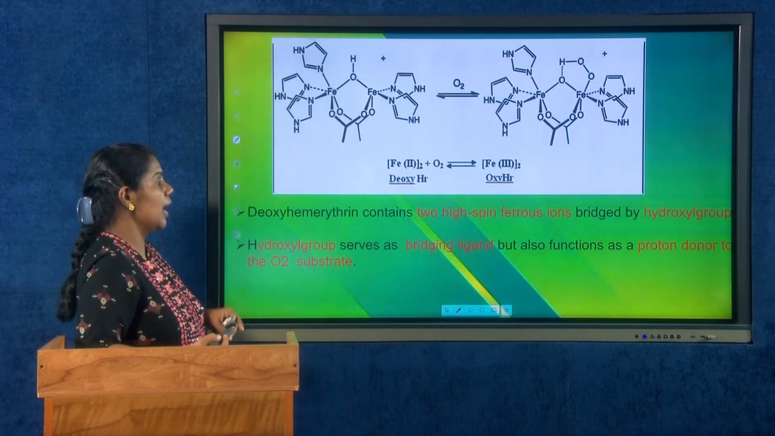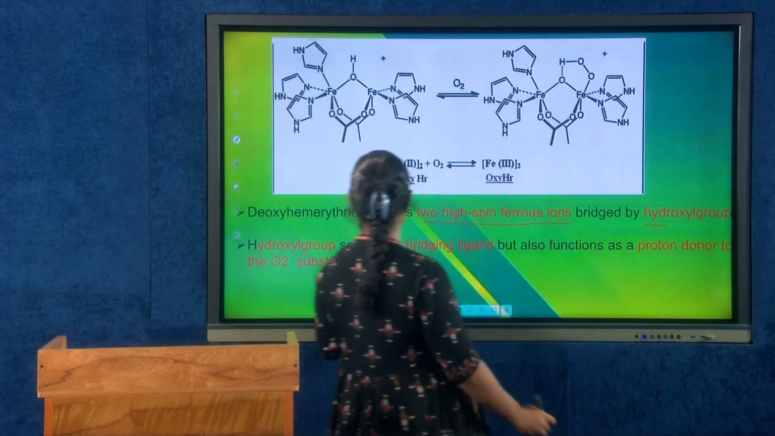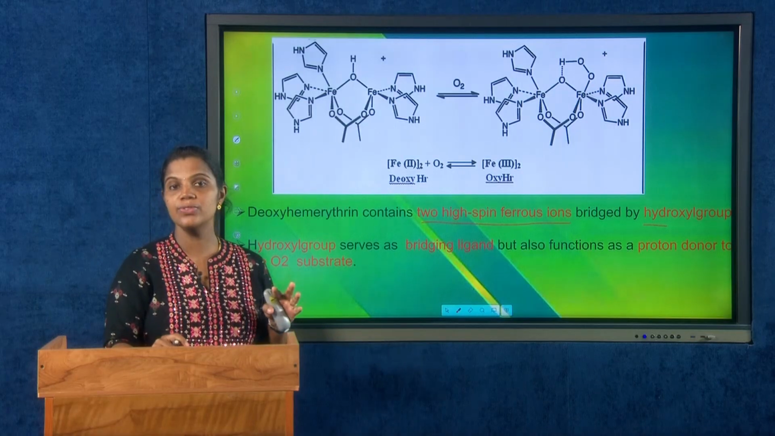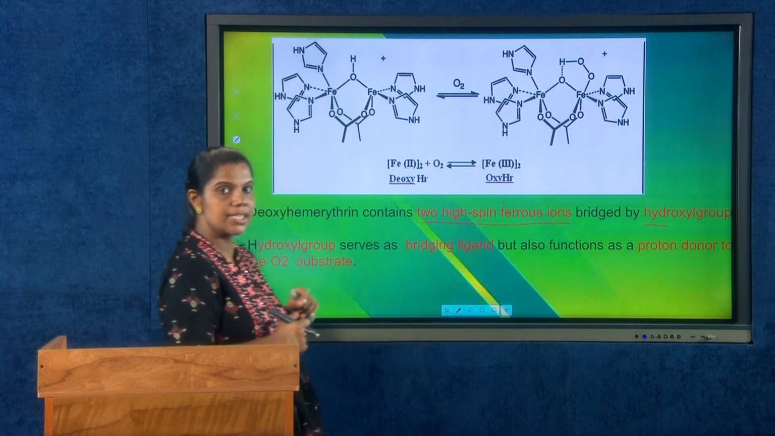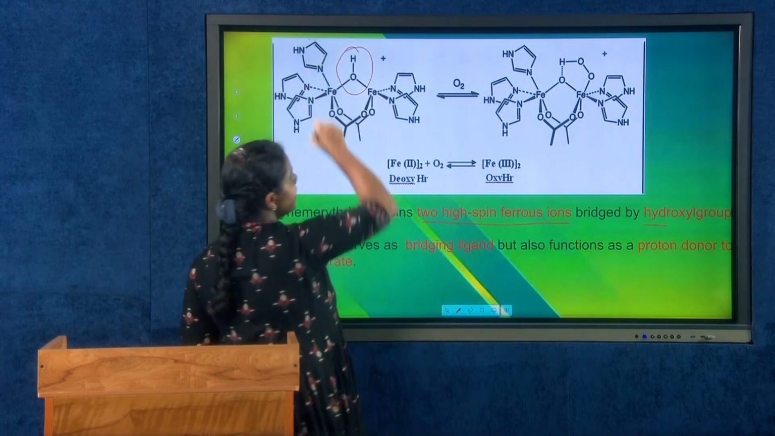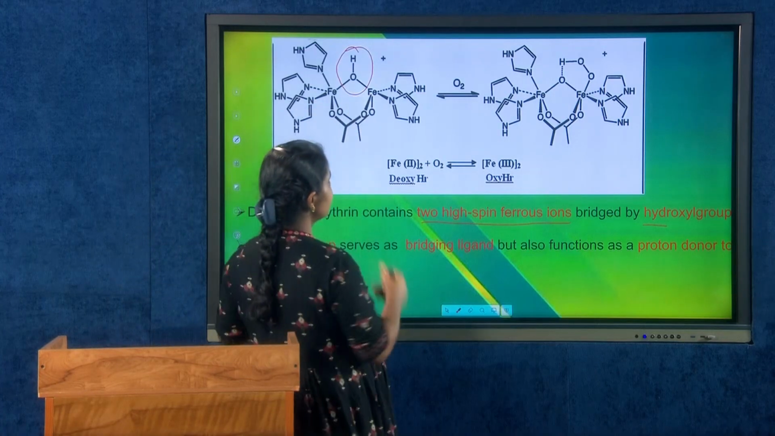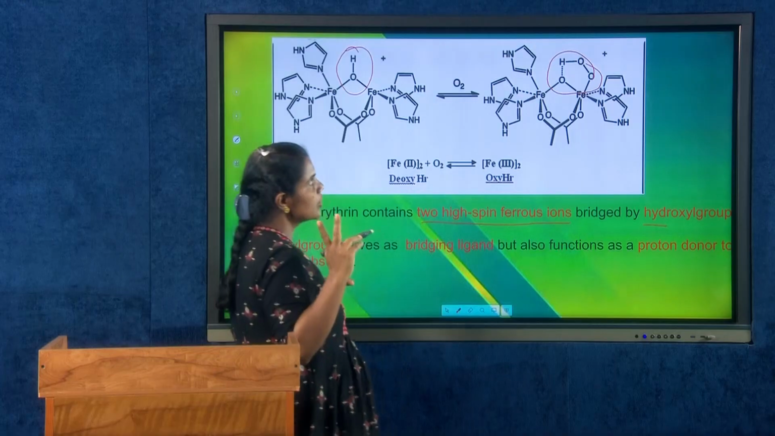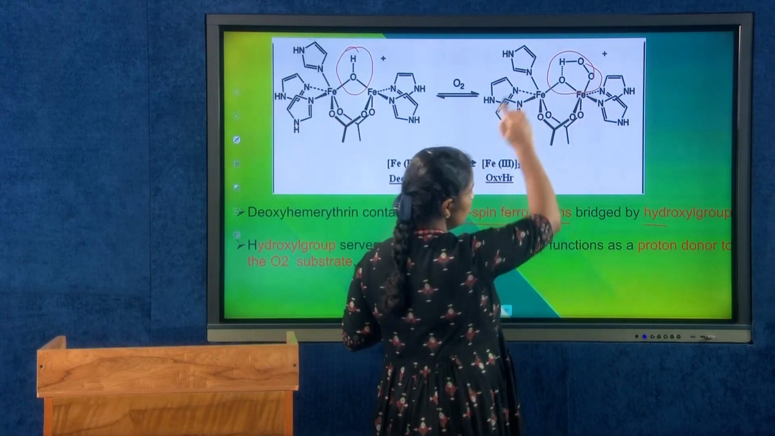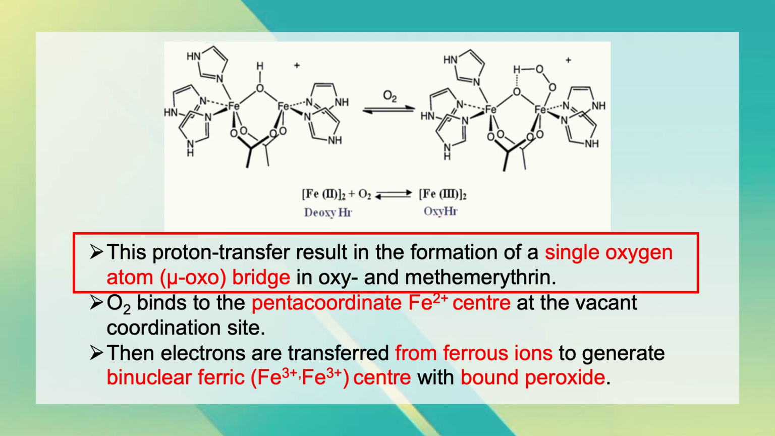Deoxyhemerythrin has Fe2+ in the high spin state and it is bridged by the hydroxyl group. The hydroxyl group serves as a bridging ligand and also functions as a proton donor to the oxygen substrate. It has two functions, it acts as a bridge and also it acts as a proton donor to the oxygen substrate. This proton transfer results in the formation of a single oxygen atom, that is a mu-oxo linkage or mu-oxo bridge in oxy and